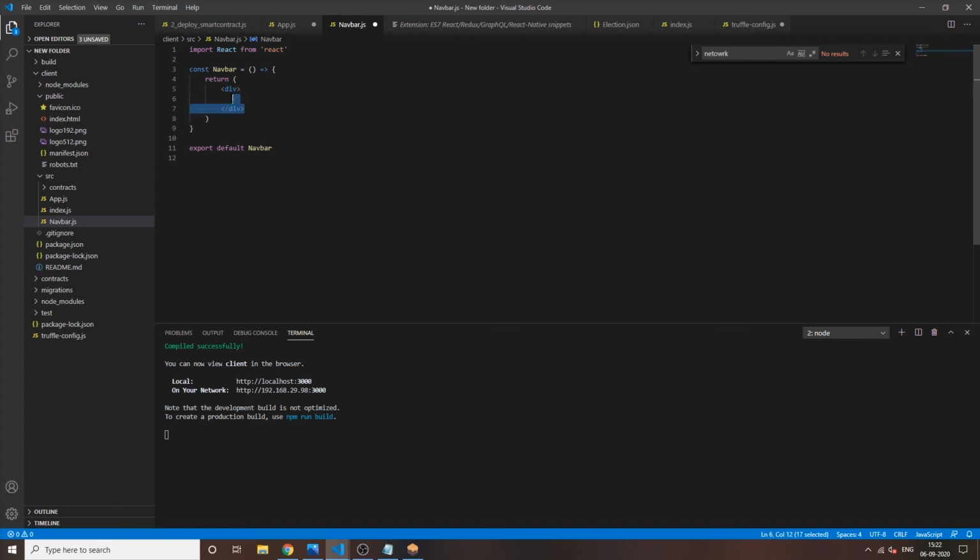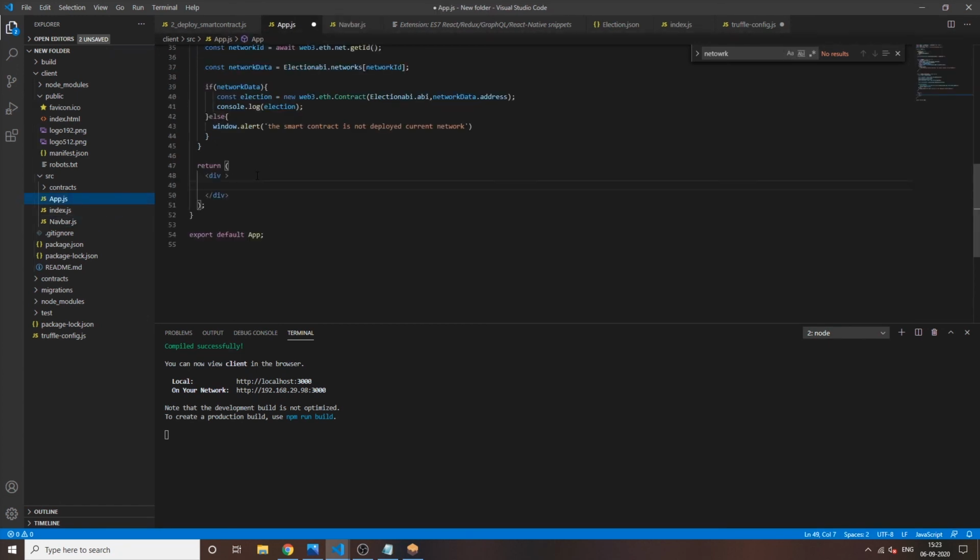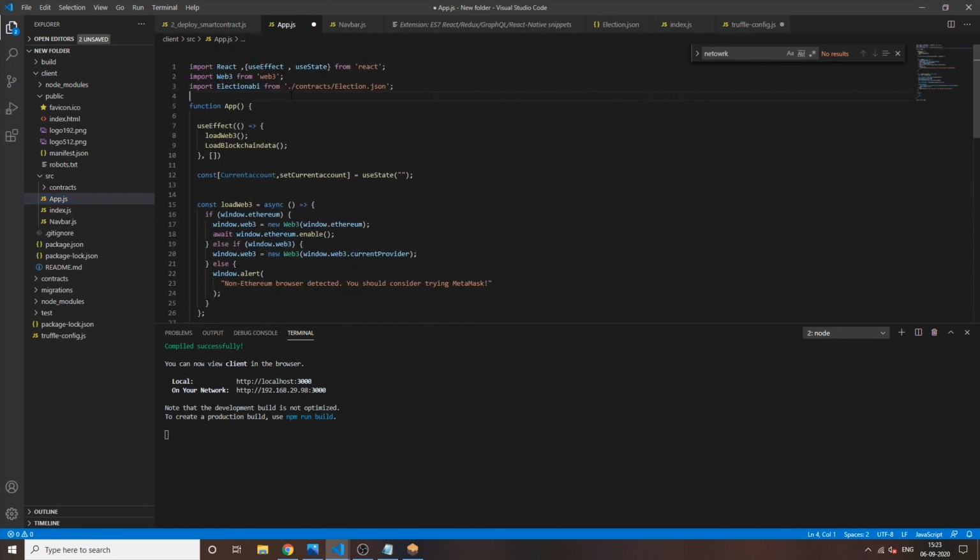We will delete the generated content and paste the code, and now we will comment and delete and save it. Just give it anything as the address, and now go to app.js, where we have to import the navbar.